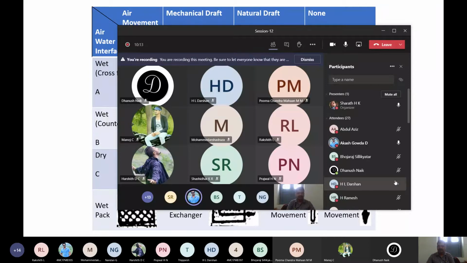Okay, whether heat transfer will take place from high temperature to low temperature or from low temperature to high temperature? High to low. So similarly, for the movement of air there must also be a pressure difference. If there is no pressure difference, then again there will be no movement of air. So here we are considering draft as the pressure difference required for the movement of air, that means from high pressure to low pressure.